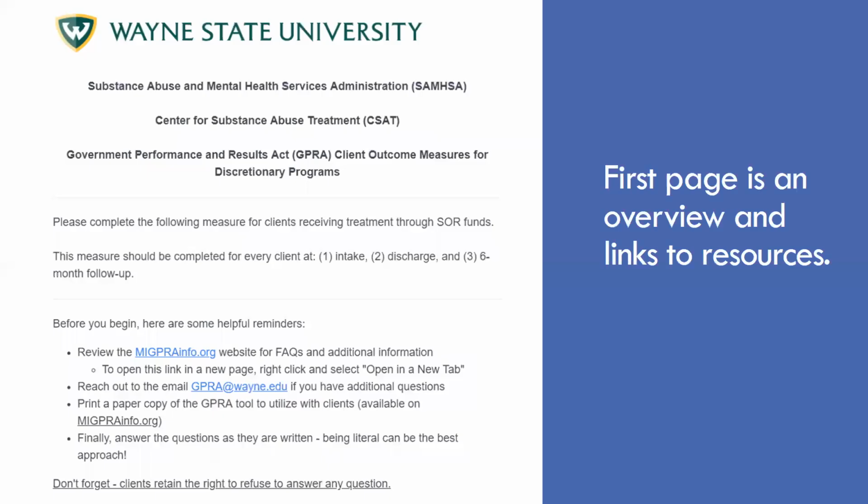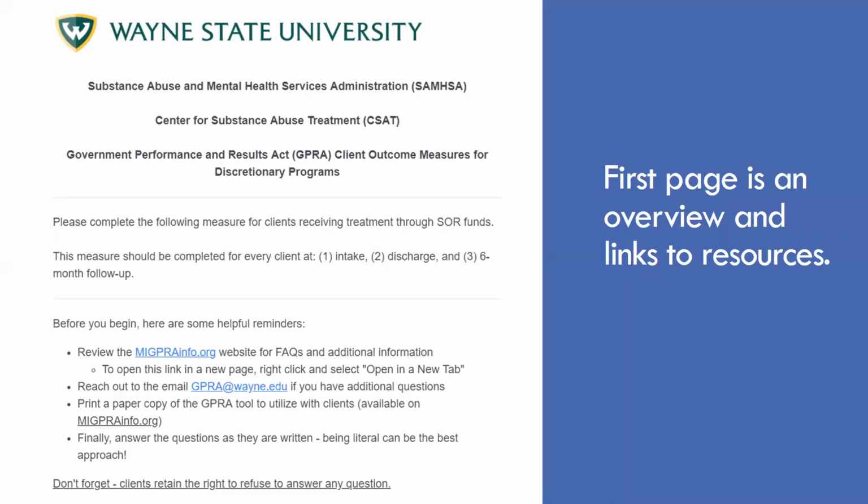So that brings me to the close of part 1. I'm going into part 2, and that's an overview of GPRA and Qualtrics. So what do you do with all of this PDF data that you have on this hard copy of your interview tool? What you'll do after you've conducted your interview is you'll go to go.wayne.edu/GPRA, click on the link, and you'll come to this introductory page. So this is the first page you see when you open up that link.